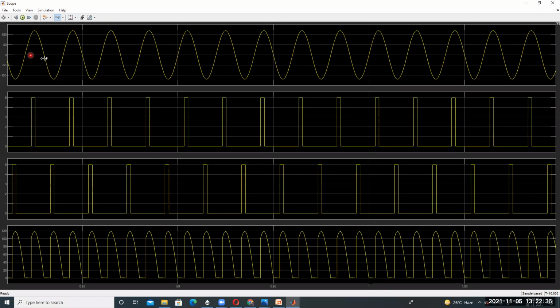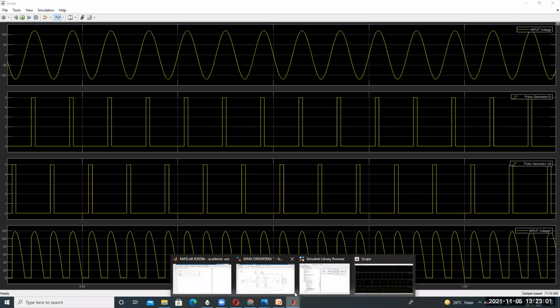This is the supply voltage. Here, the icon plus last one, show legend. Press legend to open the indicator. This is called input voltage, this is pulse generated G1, this is pulse generated G2, and this is the output voltage across the load, according to the circuit diagram.